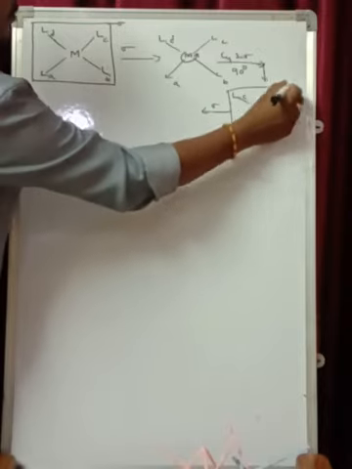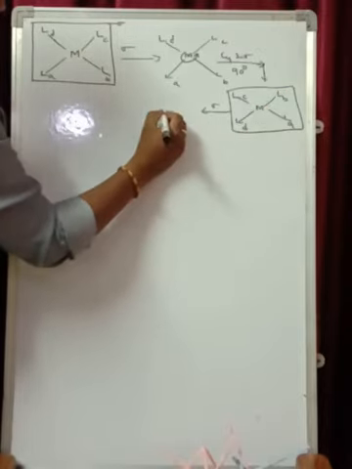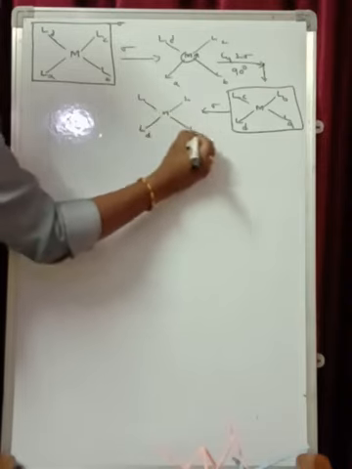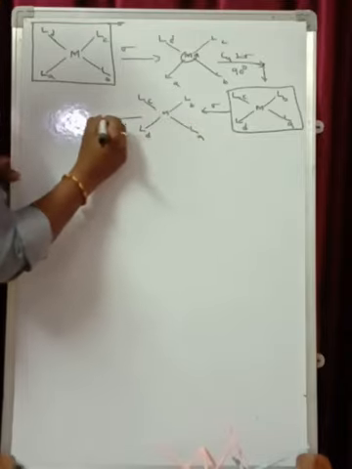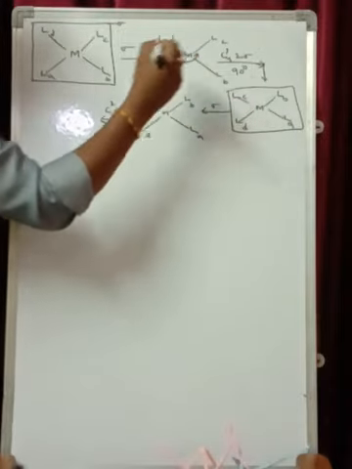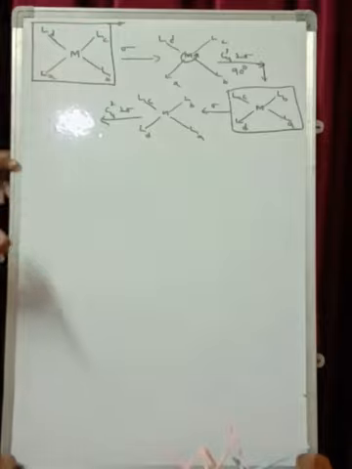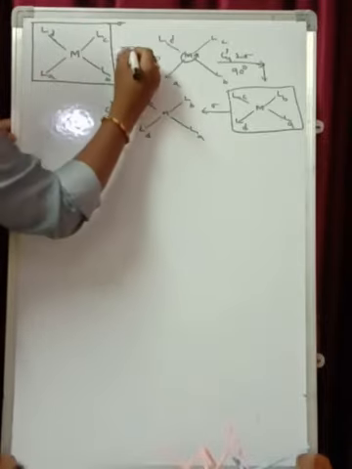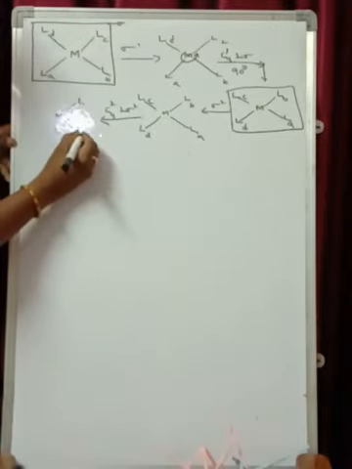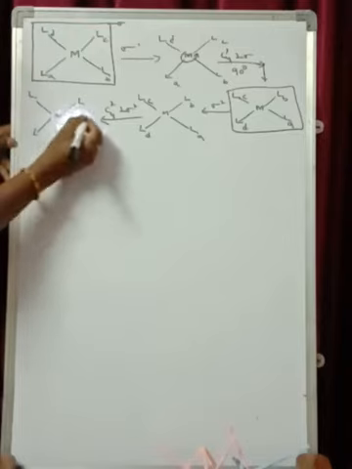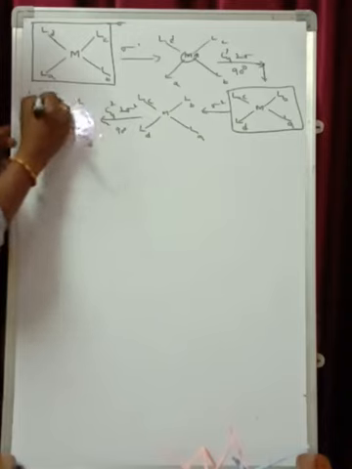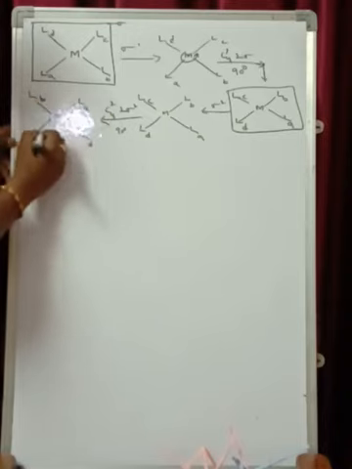Now again this is followed by sigma. Again the sigma is done along the molecular plane. You get the same structure. This is again followed by C4 2. I'll take the C4 1 for the first time, and C4 2 perpendicular to sigma. So here I'll take sigma 1, and this is taken as sigma 2. Now this rotation is done by 90 degrees. When rotated, D comes here, A goes here, B, C, D.